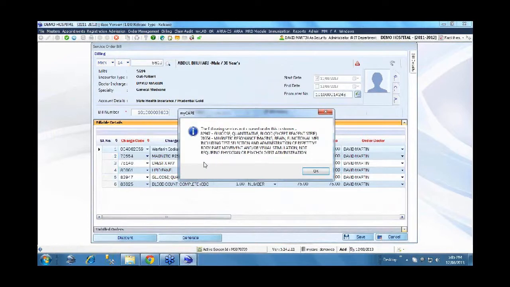Based on it, it provides an alert saying that 82947 glucose quantitative blood, which is ordered for the patient, is not covered, and the MRI too. It's a full description; you can choose to have a short description or the full detailed description as it is in the CPT. Here we have uploaded the full description, so you are seeing a big description like this. So the user can know immediately after generating the bill that some of the services we are trying to bill for this patient are either not covered or require pre-approval.